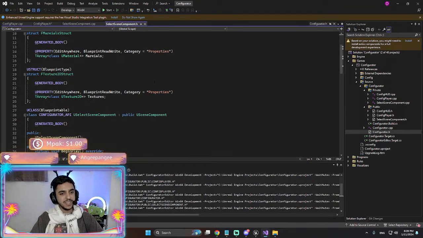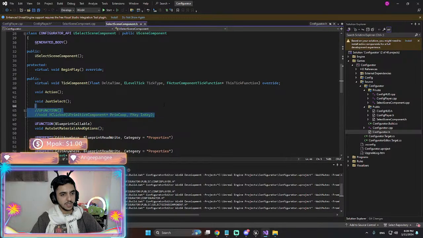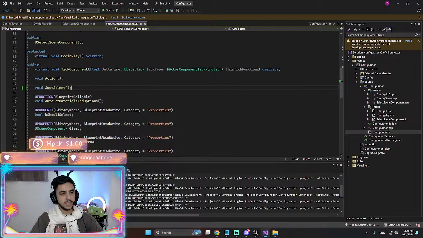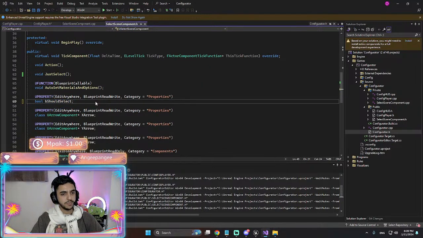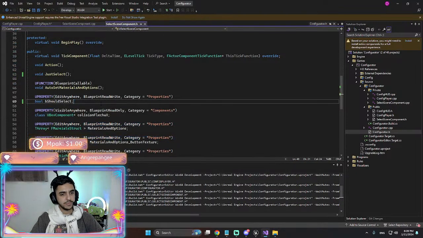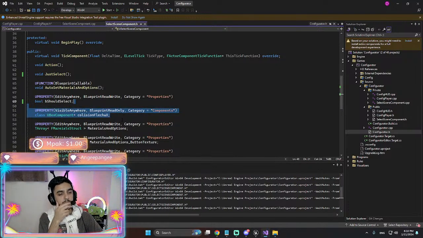So on select component, nothing is gonna happen except... So we don't have the gizmo. I'm not gonna have the arrows. Yeah, that's for the arrows.